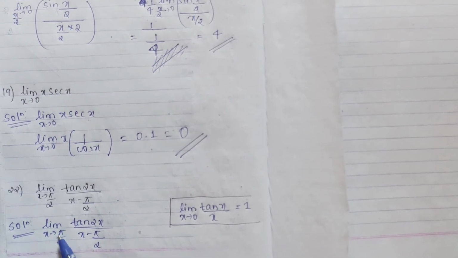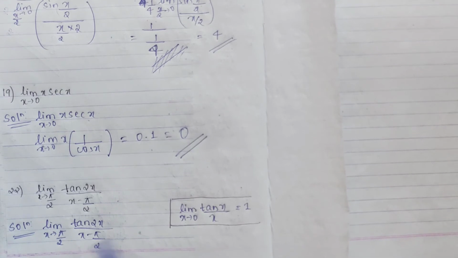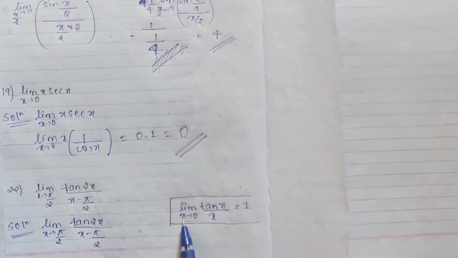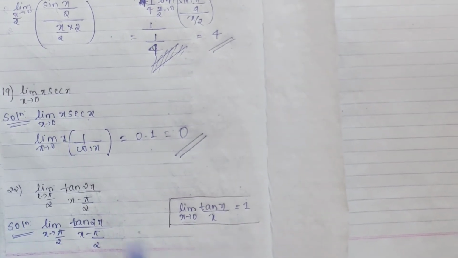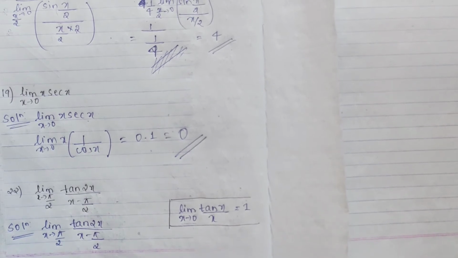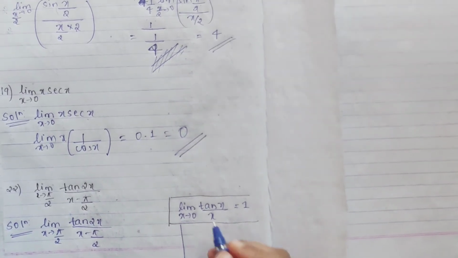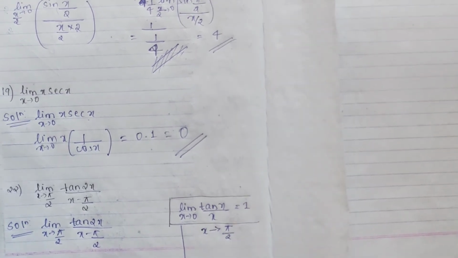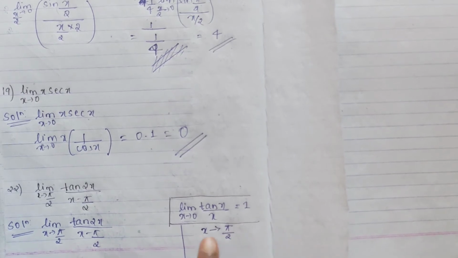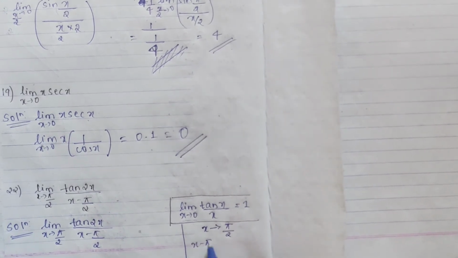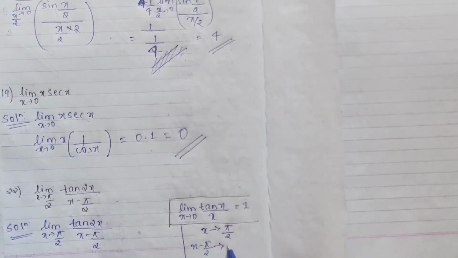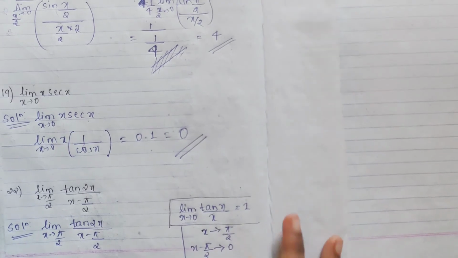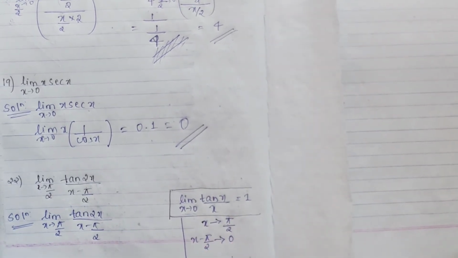First we will check our limit part, because you want the limit as 0. Only if it is 0 can you apply this. So we'll try to make this 0. How can you get it to 0? See here, x is approaching pi by 2, that means x tends to pi by 2. Now we want this part tending to 0, so we will subtract pi by 2 on both sides. X minus pi by 2 tends to pi by 2 minus pi by 2, which becomes 0. So we have got this limit form.